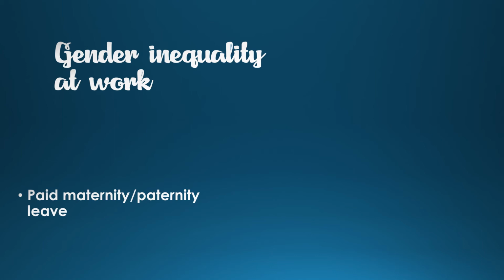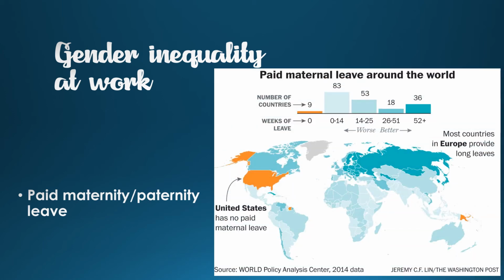So the USA actually has no federal mandates on maternity or paternity leave, and the only act we actually have in the US is the Family Medical Leave Act, which was passed in 1993. And the FMLA basically says that you are granted 12 weeks of unpaid leave,